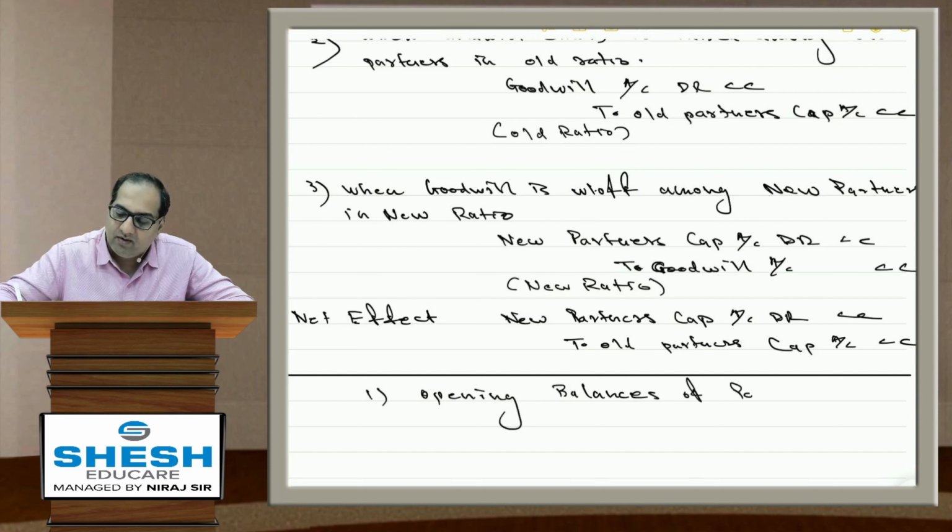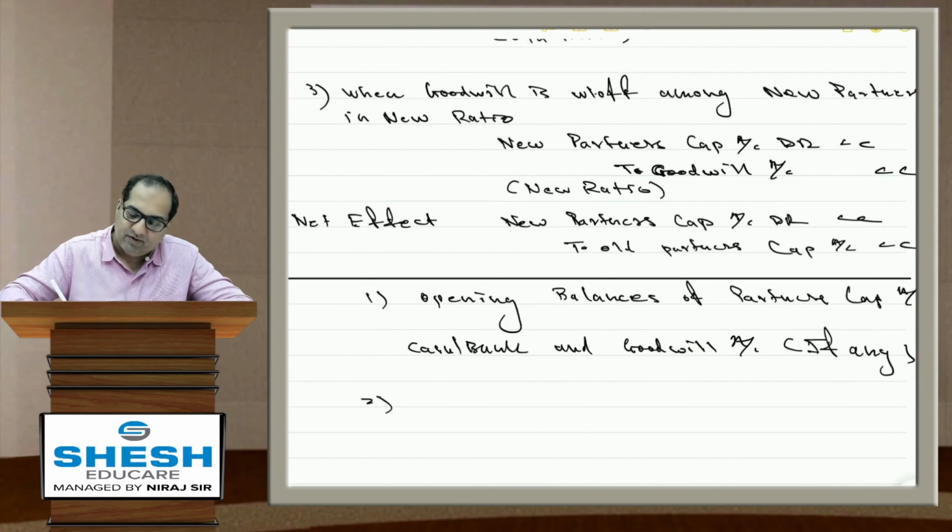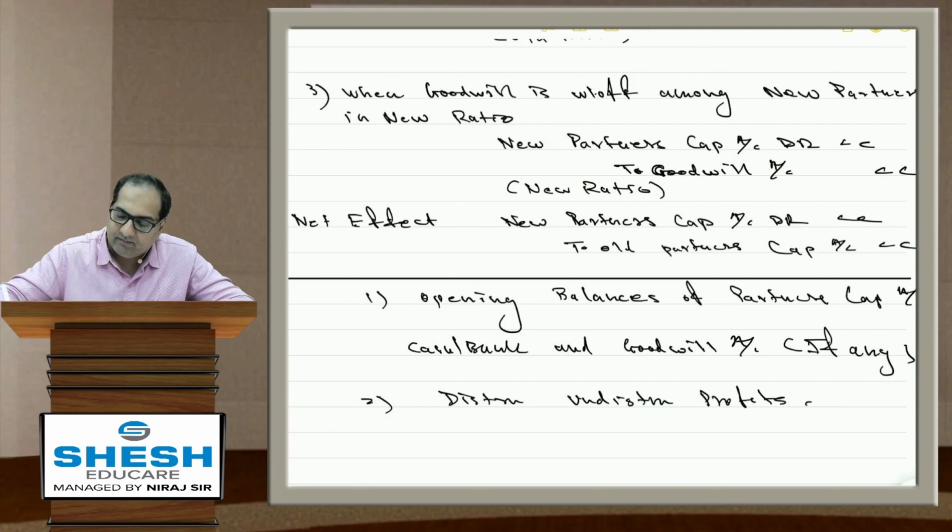ऑफ पार्टनर्स कैपिटल अकाउंट, कैश और बैंक अकाउंट, step 2 is we distribute undistributed profits or losses among old partners in